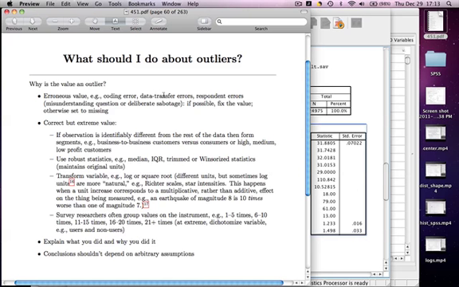Well, there are a couple possibilities, and we've already talked about some of these. So again, you have to understand why that value is so extreme. Sometimes it comes from another segment. So for example, you'll probably use the popcorn factory data next quarter. And if you look at the popcorn factory data, so they sell popcorn to consumers and other organizations, you're going to find that there are a lot of outliers in that data set